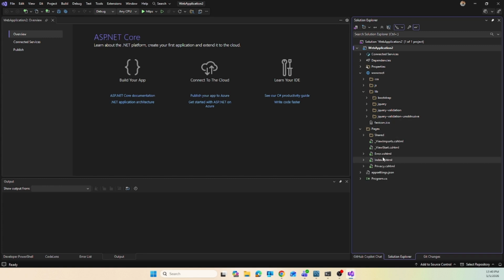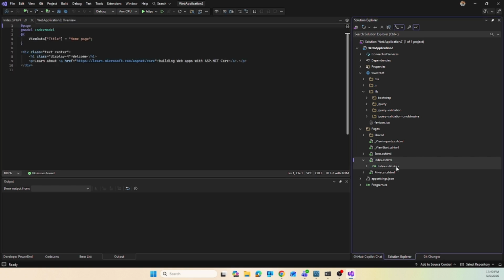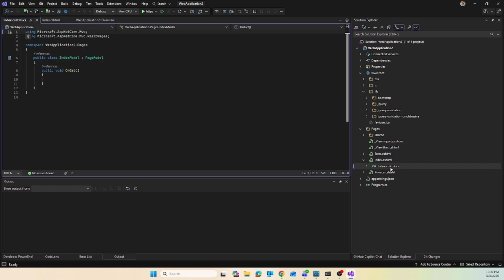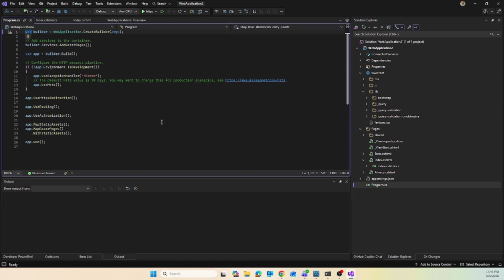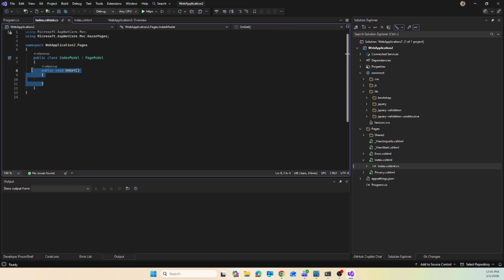So in the Pages, you see that Index.cshtml and Index.cshtml.cs. So the Razor extension is cshtml. When you run the application, as I said earlier, the Program.cs file will contain all the configuration related statements. So when you run the application, this file will run first and configure all the things, and then it will start your server application. I mean, it will start your Razor application, and this is the method that will run first for the index page. So if I run this,